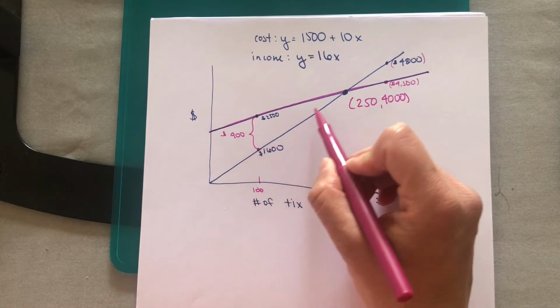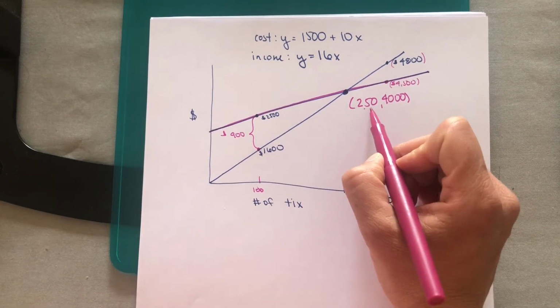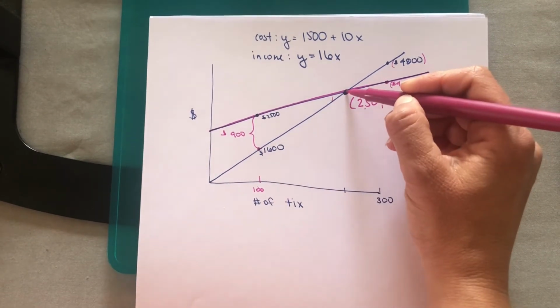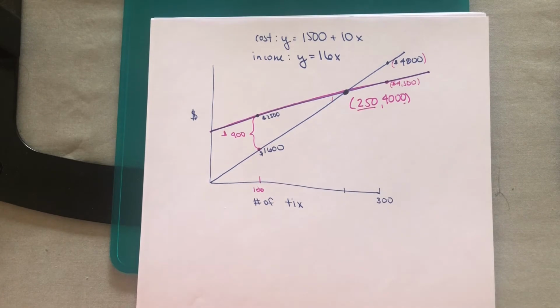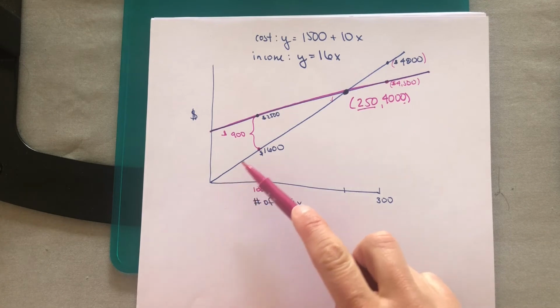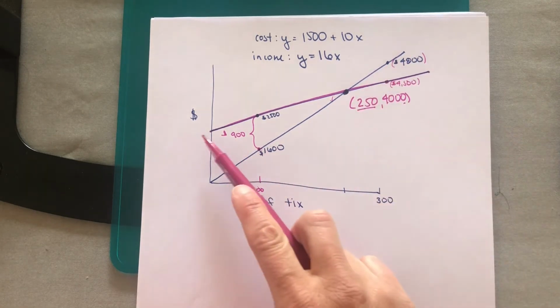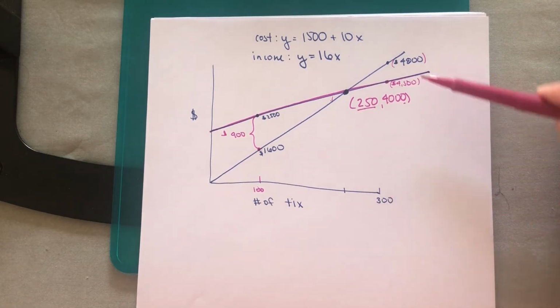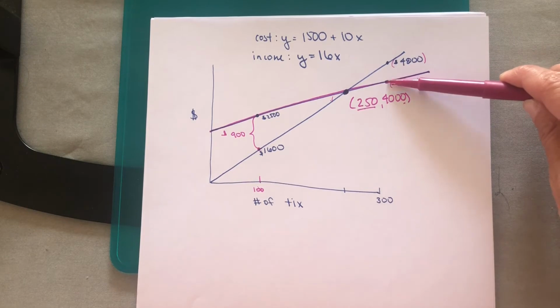As we move closer to the break-even point, which was 250 tickets and $4,000, that gap narrows. So at this point, if you had exactly 250 people attend your event, you would break even, meaning the amount of money you spent and the amount of money you earned would be exactly equivalent. So you wouldn't be out money, but you also wouldn't gain any money. After that point, the line for income is higher than the line for cost, which means that for any given number of people that attend, the amount of money you bring in is greater than the amount of money you